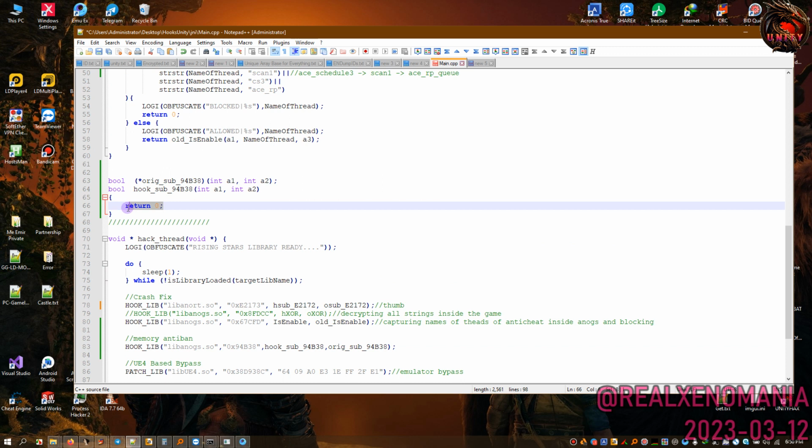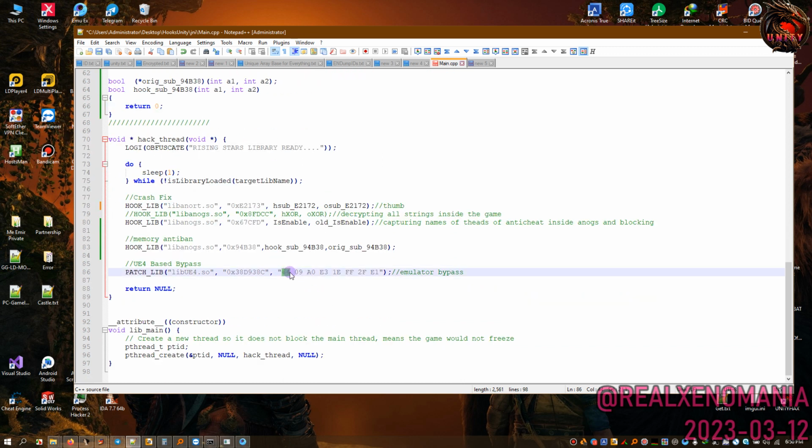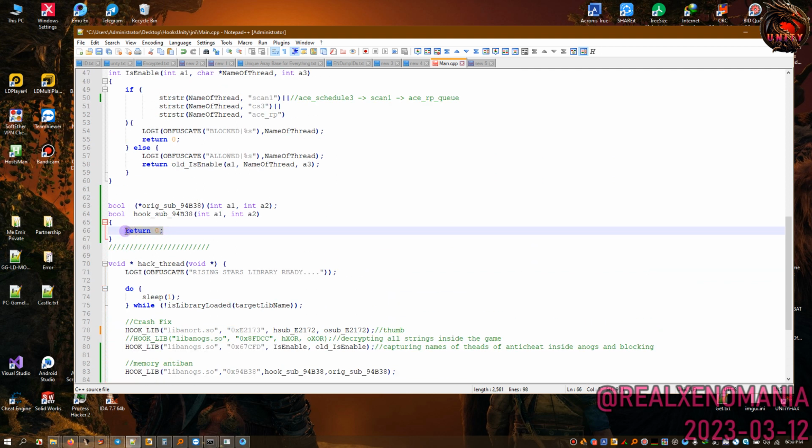Return 0 is not a good idea, because instead you can just write 00 00 A0 E3 1E FF 2F E1. But this return 0 can be converted to a smart method, which we will discuss inside the group, not in this video, so that this return 0 is not visible in IDA when somebody wants to reverse this library. That is of course if you have not applied OLLVM or any other obfuscation and protection mechanisms such as opaque predicates and other types of